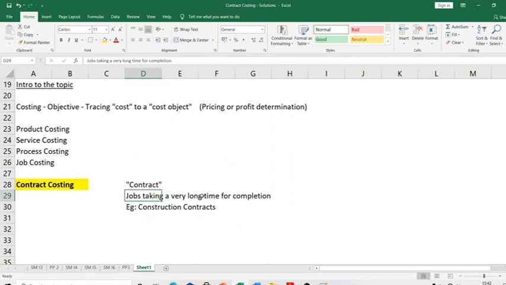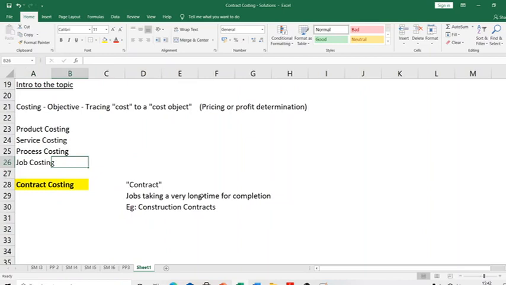Imagine a construction company taking up the metro project, which is a good example, right? L&T took up the metro project. So obviously there would have been a contract of service between the government and L&T. Obviously we understand that this metro work was happening for so many years. The metro lines didn't come overnight. So these contracts take a lot of time for completion. So for those contracts, what is the costing that we are going to see? That's what makes contract costing peculiar from other types of things that we have seen.